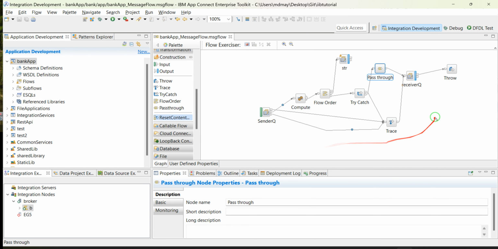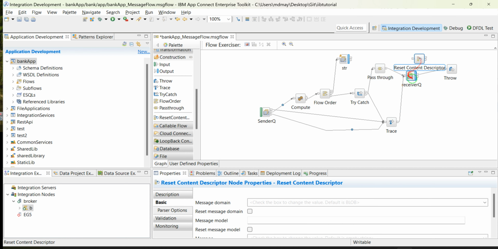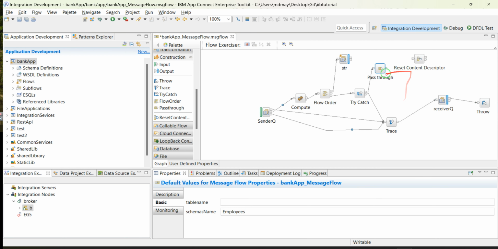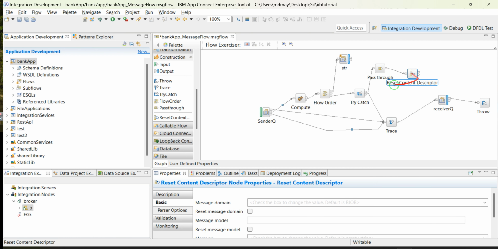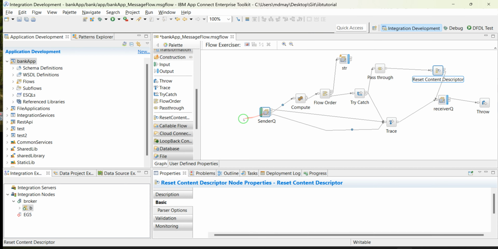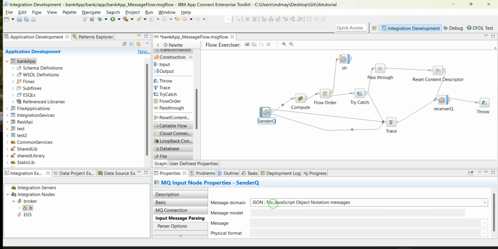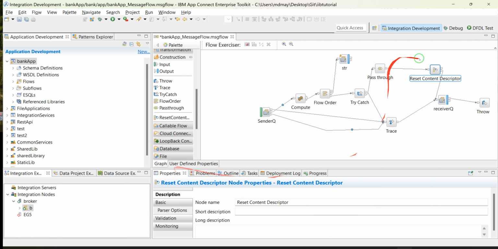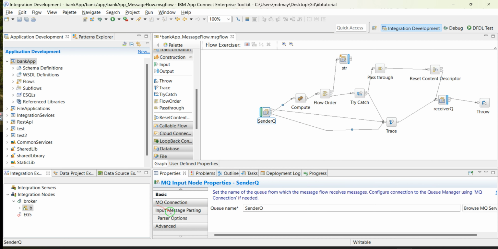And we have a reset content. This is very important. Let's say I want to put it right here. Okay, let me connect it first. As the name says, reset content description. What is that? It resets our content. Let's say, check that one. This domain is JSON. I want to reverse it. I want to turn it to XML. Or this is a blob. Let's pick this one, blob. Then right here I turn it to JSON. Let's say we pick that one as a blob,